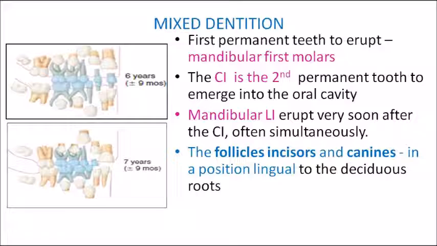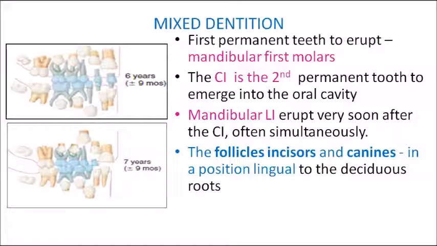They have used the exact pictures from Wheeler's textbook of anatomy, and the pattern is like this: they will give you a particular picture and you will be asked to identify at which stage of mixed dentition, or what is the chronological age, of that particular dentition. So you have to deduce the chronological age of that given patient based on which of the primary teeth have been lost and which permanent teeth have erupted into the oral cavity. So it's a very clinically relevant question which is asked from the mixed dentition period.